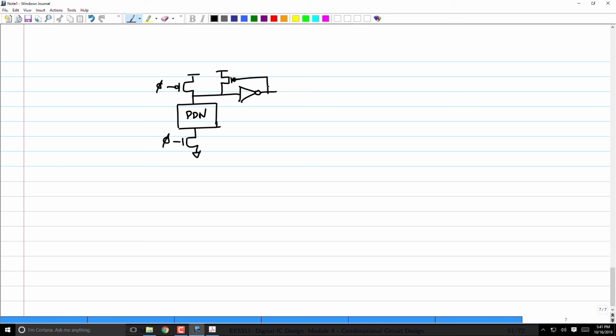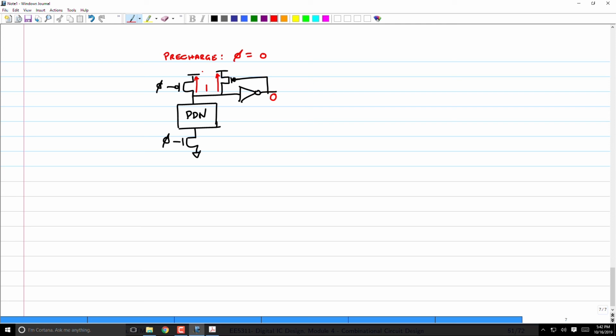What is the advantage? When the clock is in pre-charge phase, during pre-charge, clock equal to 0. My output of the dynamic gate is going to be 1. Therefore, the output of my inverter will be 0. That means this PMOS will be turned on, right? And therefore, it's going to simply pull this output along with this guy. Both these guys will pull it up to logic 1.